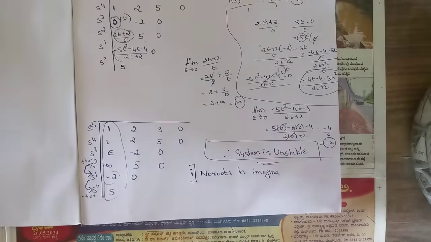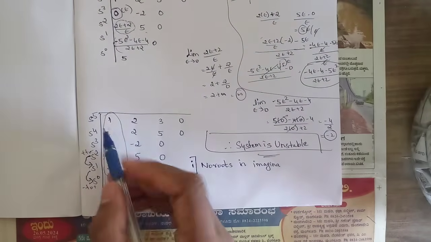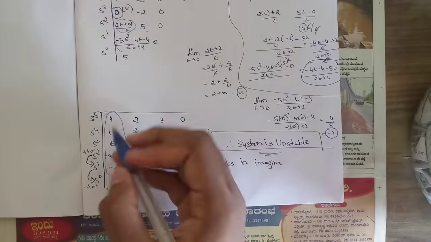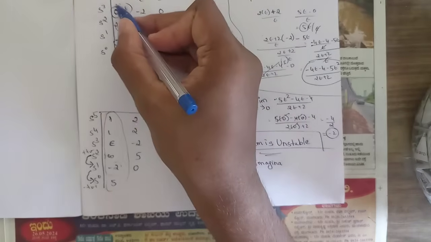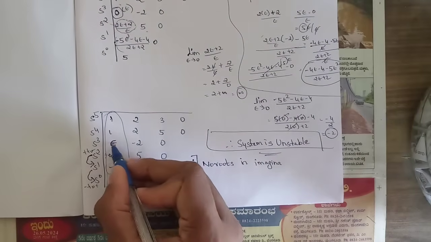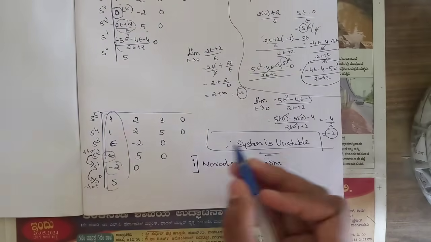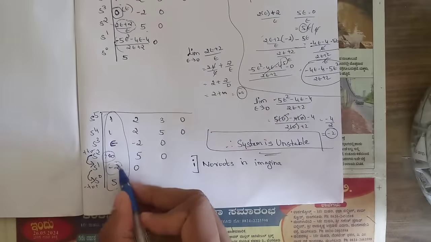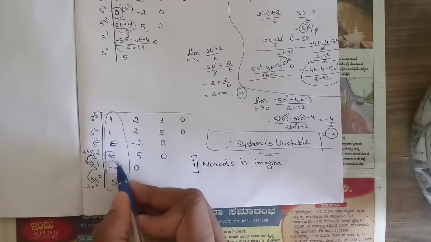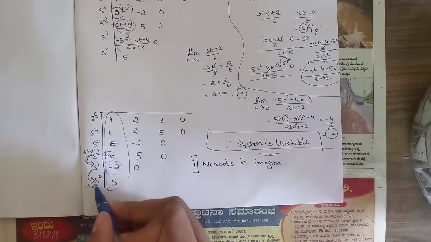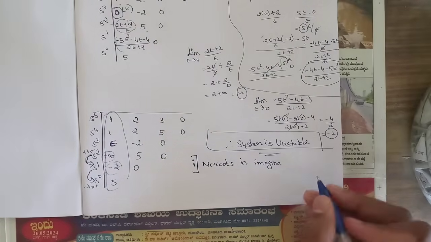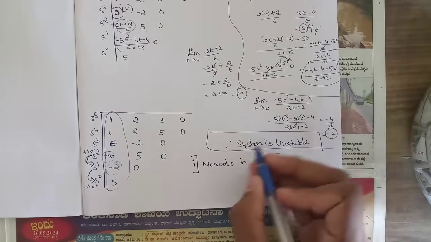and rest all the terms I have written as it is, and also you can see that after rewriting the root array, check the first column, okay, so here the sign changes are, you can see here, so wherever this is 0, right, so we have replaced 0 by epsilon, so in place of 0 we need to be writing epsilon, okay, here plus infinity, after substituting the limits, here we got minus 2 and 5, so you can see that from plus to minus we have one sign change here, and from minus to plus we have one sign change here, so there are two sign changes in this question, okay, so we can say that the system is unstable,